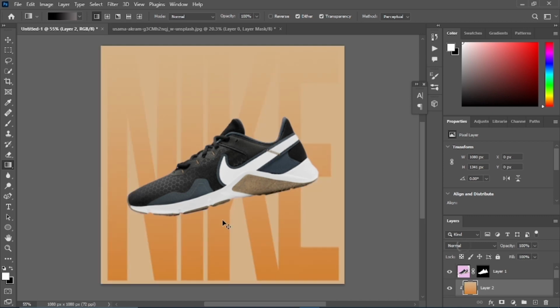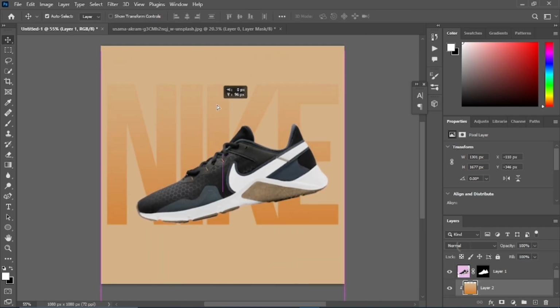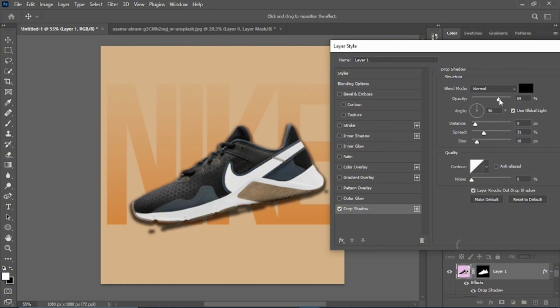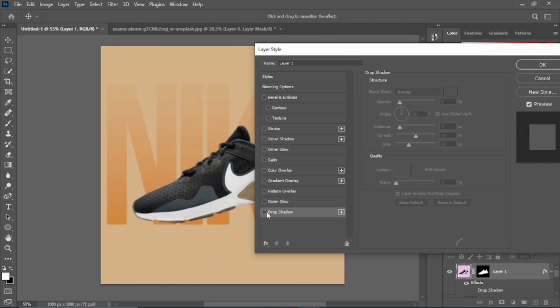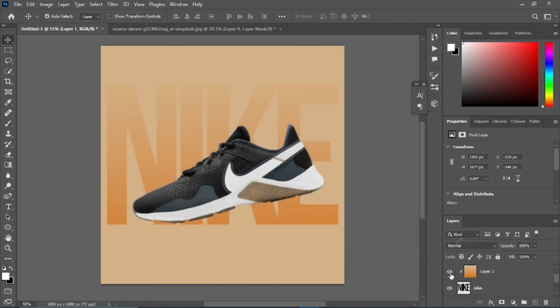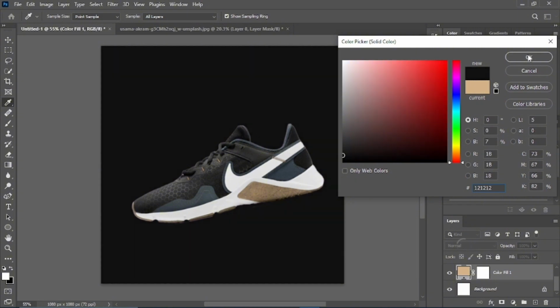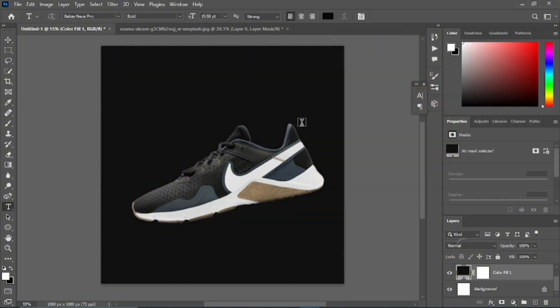Immediately after trying that combination, I realized it's not good, so I completely abandoned that one, and now I'm just trying to figure out how to make the background look seamless with the design. So I'm just putting some sort of background drop shadows to make the product stand out from the background.